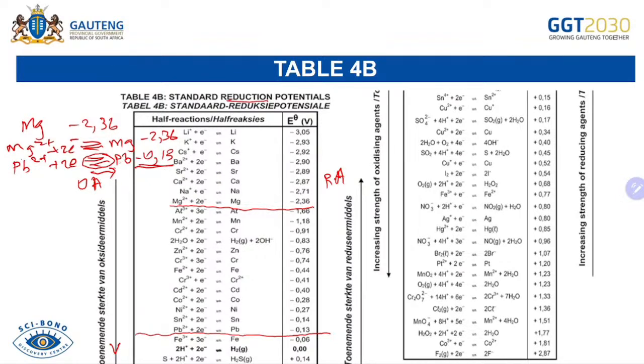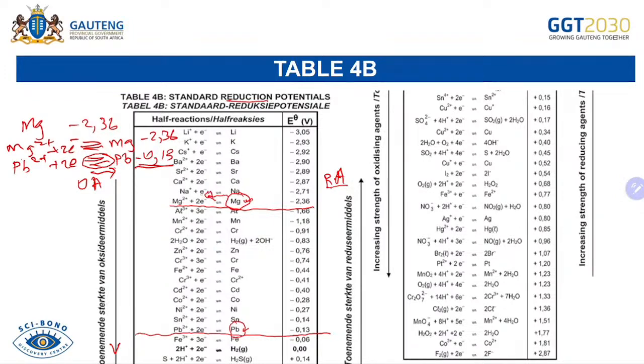Hence, you'll write it like that, but with one arrow going to Pb, which means Pb2+ will gain electrons, meaning that the strongest reducing agent, which is magnesium in this case, because the arrow is going up, is showing you that between Pb and magnesium, it is the strongest. According to this arrow, magnesium is the strongest reducing agent. So there are two reducing agents for every reaction, but one is stronger than the other. In this case, magnesium is a stronger reducing agent, because as you go up, the reducing ability increases. So magnesium is a stronger reducing agent than Pb, than lead,